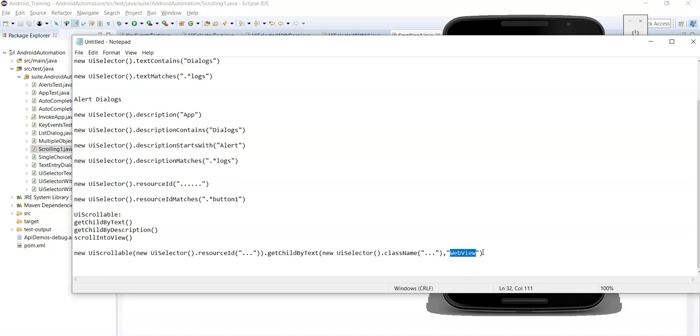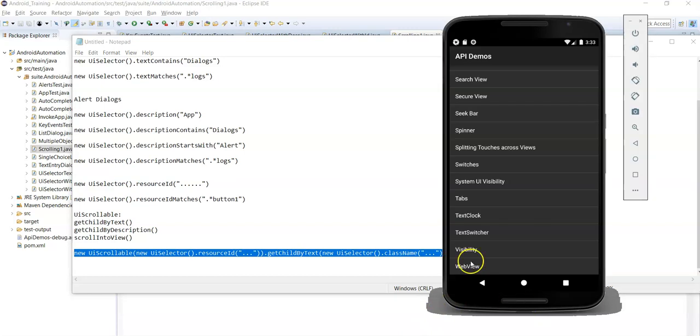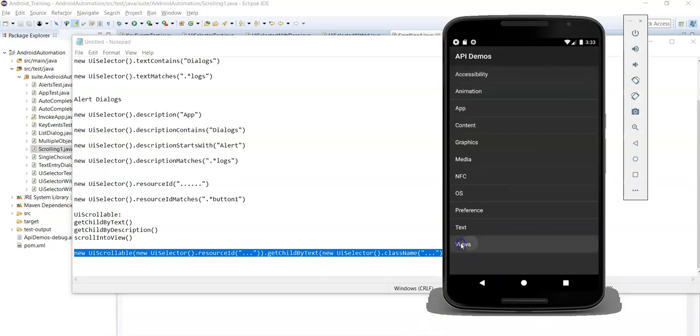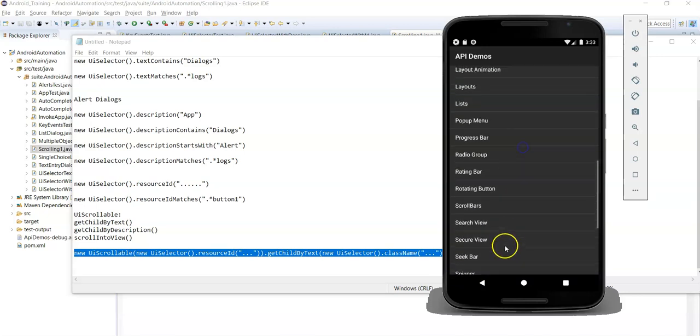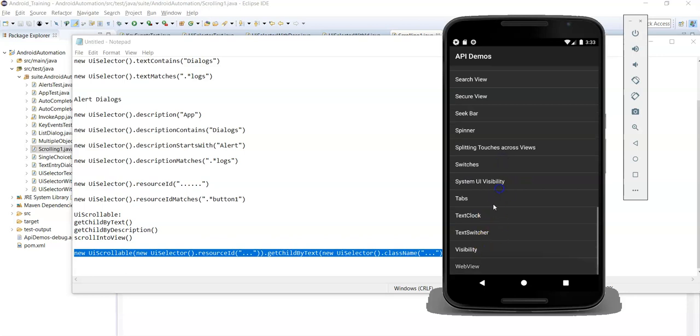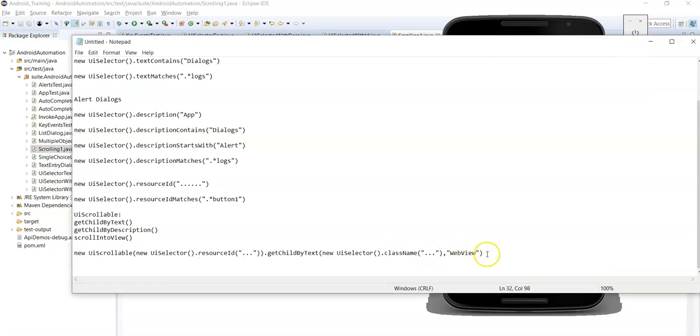Let's see an example now. You can use the same approach to scroll to this element. First click on views and then scroll to the specified element, that is web view, if you want to scroll until visibility of web view. Now let's automate this one.